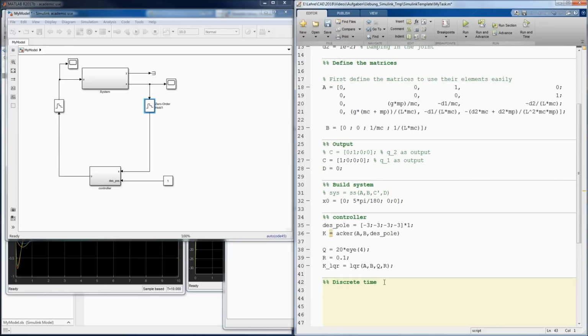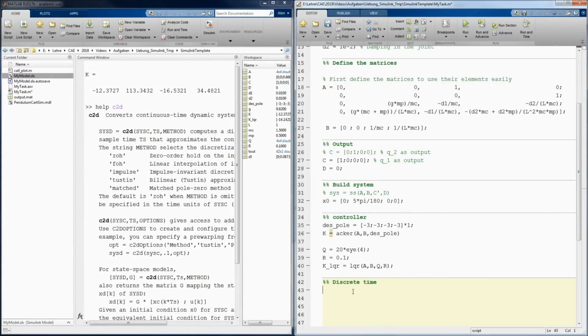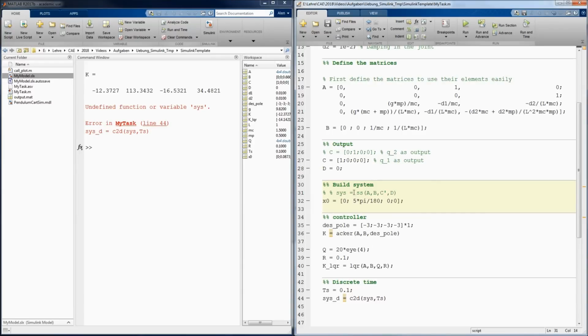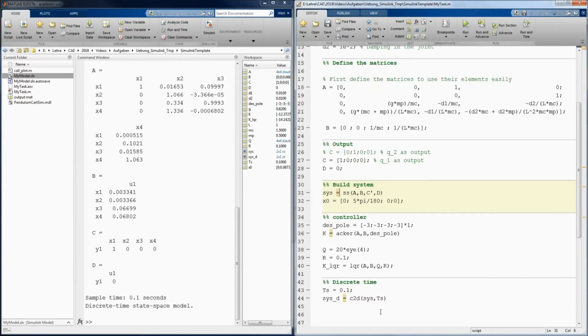and first of all, you need to discretize your system, and then have a discrete time controller. So first of all, we use the command c2d, and let's say sysD equals c2d of our system with Ts. First of all, we need to define Ts. Let's go with 100 milliseconds. Of course, we need to bring this back again. And okay, now we have a discrete time state space representation of the system with a sample time of Ts,